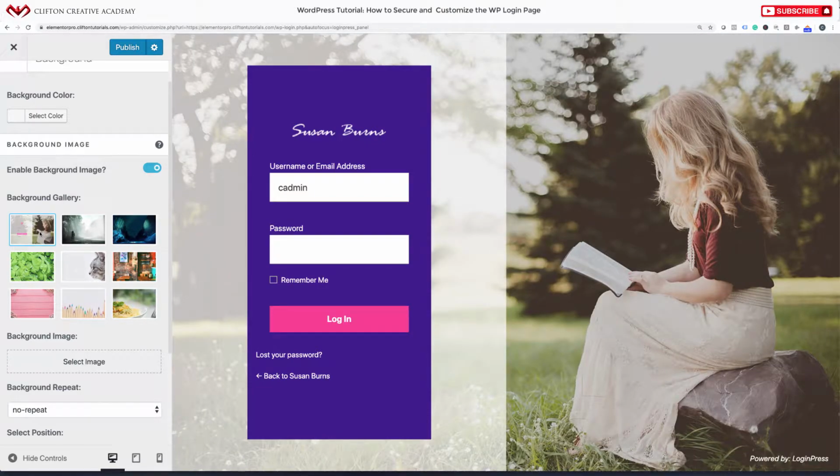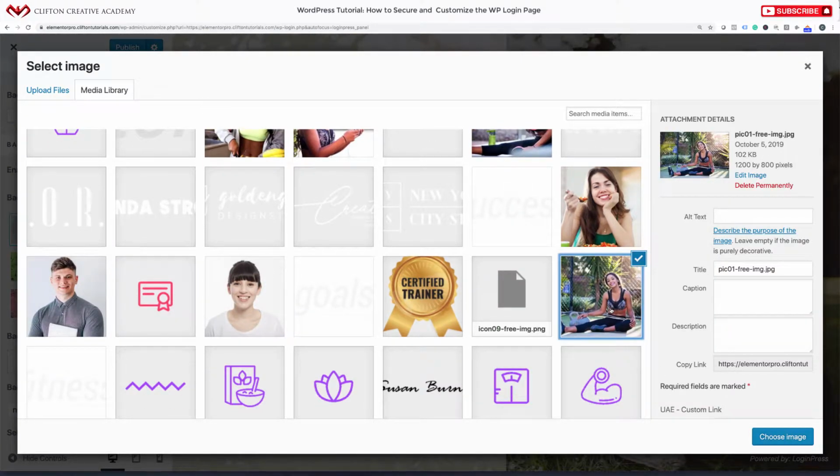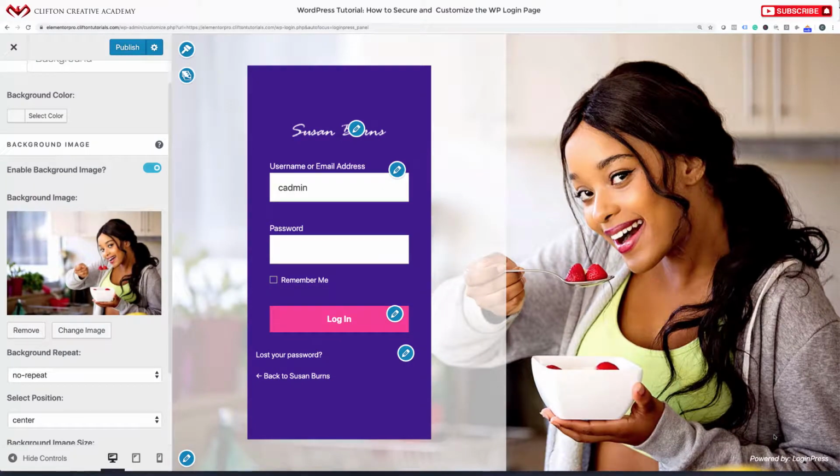So here's one like that, right? But I want this to be actually tailored to the client. So in this case, the client is a fitness coach. So I'm going to go ahead and put her picture back. Maybe there's another picture that's also really nice. This is a nice picture. How about this one? This is really nice. So I'm going to choose this one. Okay. So here's our picture of our client, and we have this sort of nice half and half login over